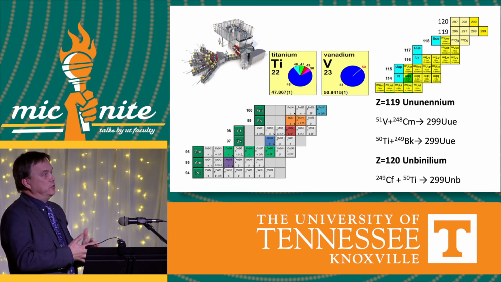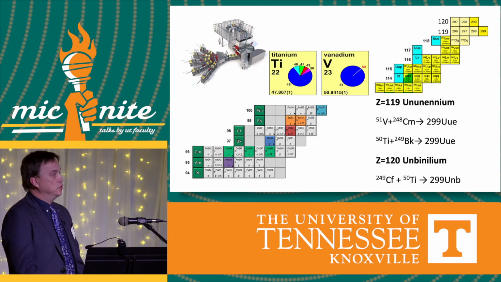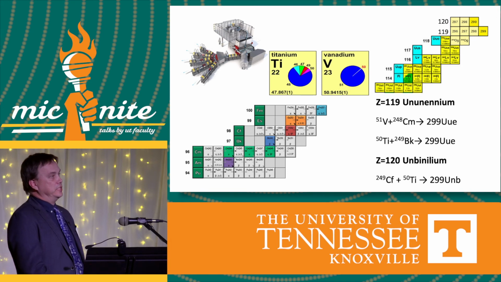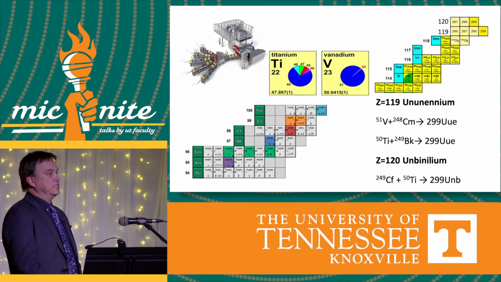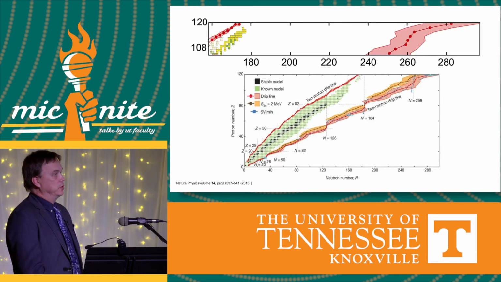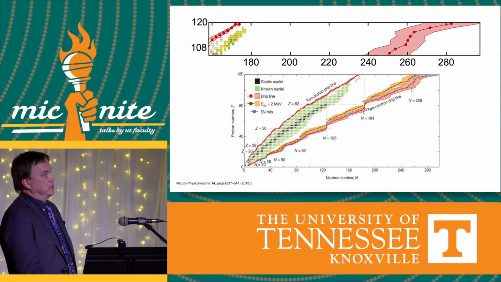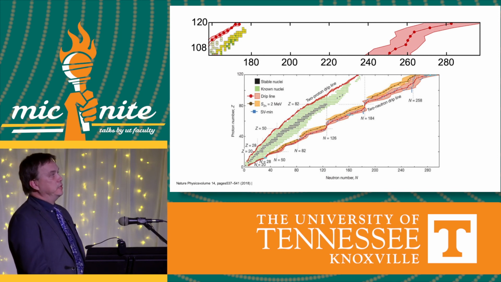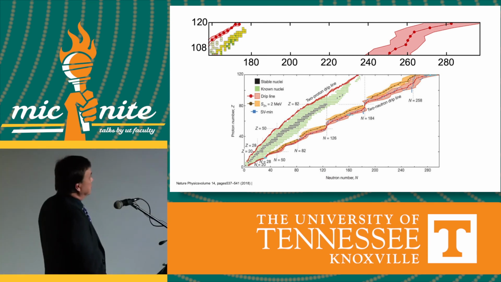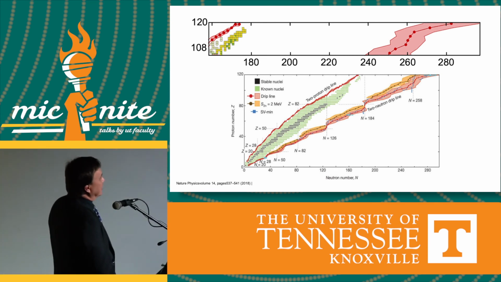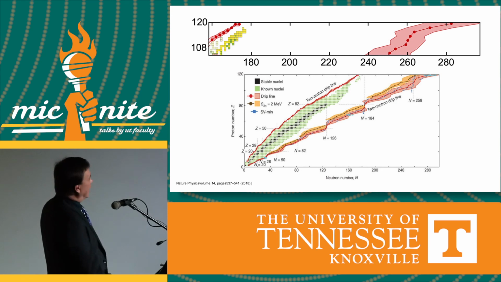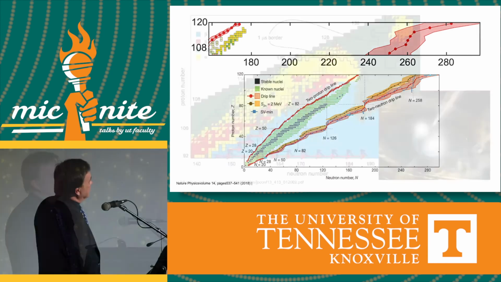So in order to make new elements, we have to try out new beams. We have to fuse the radioactive targets with beams of titanium and vanadium to reach elements 119 and 120. This hasn't been successful yet, but a lot of effort in new facilities is being placed to do that. Now, the other aspect of this: nuclear theories predict a lot more isotopes which we can see. For Oganesson, element 118, we can expect 100 isotopes to exist, but we don't know yet how